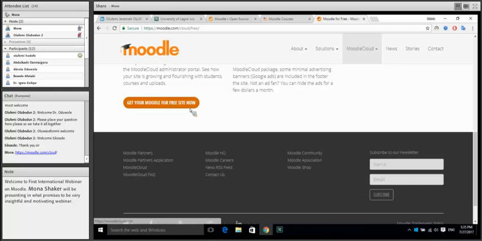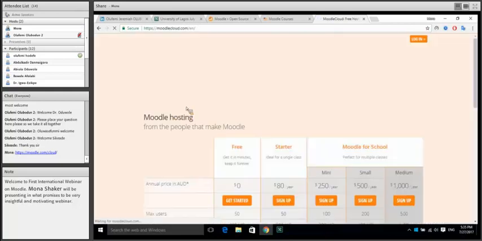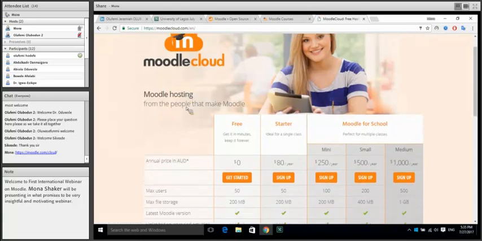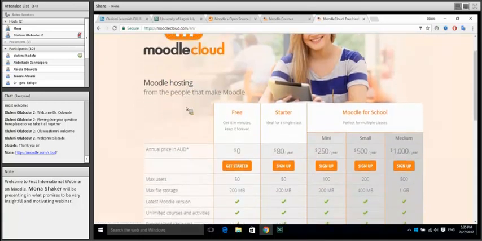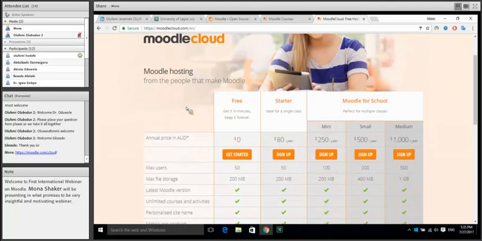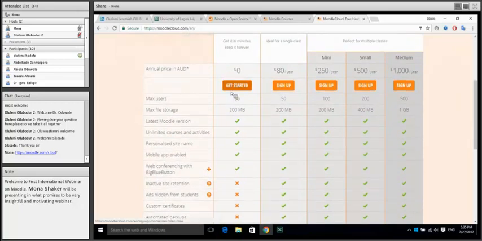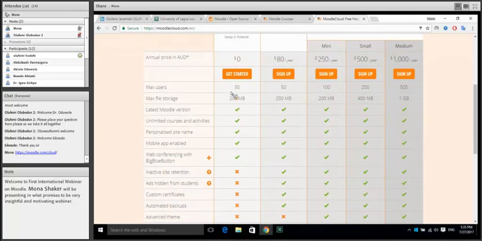And here is... okay. You can scroll down and get your Moodle for free site now. Now it provides you with the hosting solutions that are there. As you see, if you choose to have Moodle for free, you won't pay anything, but